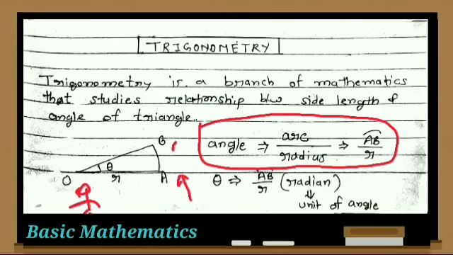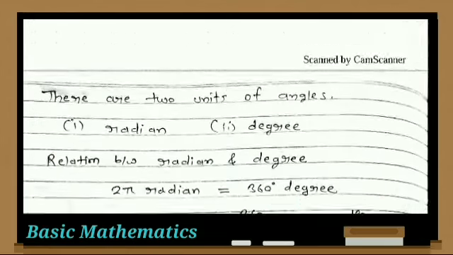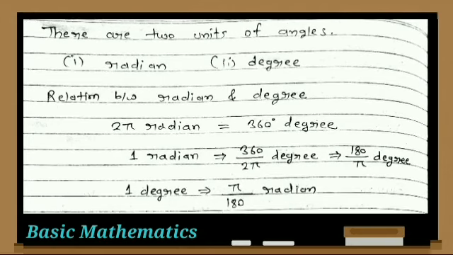This formula represents the relation between the side, the angle and the arc. Here we can represent it as theta equals arc AB upon R radian. What is the radian? Here radian is the unit of angle. There are 2 units of angle, radian and degree. As we measure length in meters or centimeters, in the same way we can measure the angle theta in radian or degree. The first one is radian and the second one is degree.